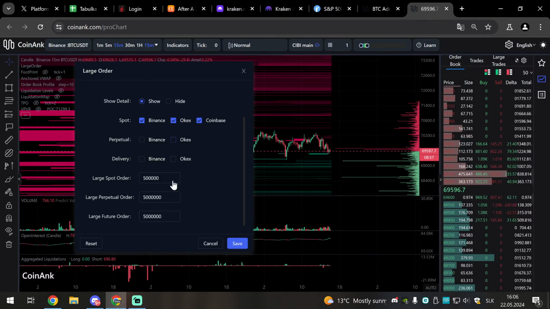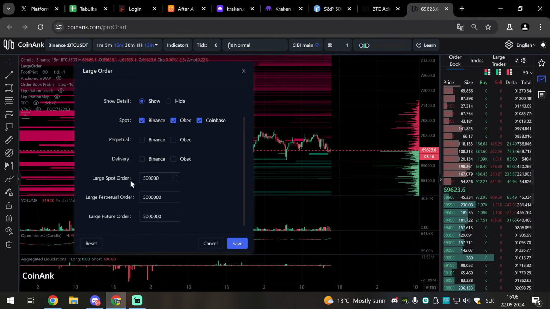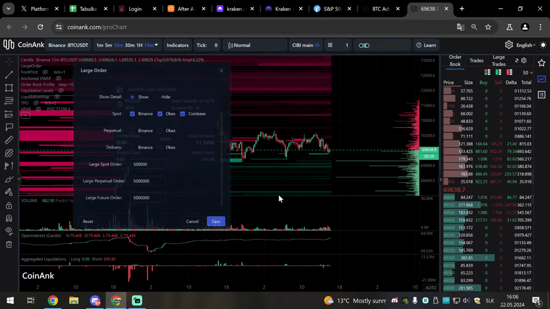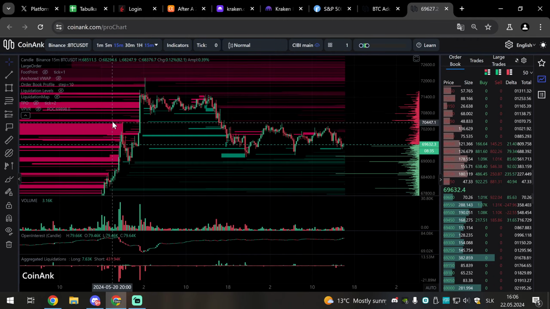You can just leave that on. You have settings here, so you should really experiment. You can buy, maybe pay for the tool for 1 month and see which big walls matter, and then you can set your filter here. I think this was the default setting for me. So when we save it and go into the chart, we can see that on the move to the upside we are filling big orders, but